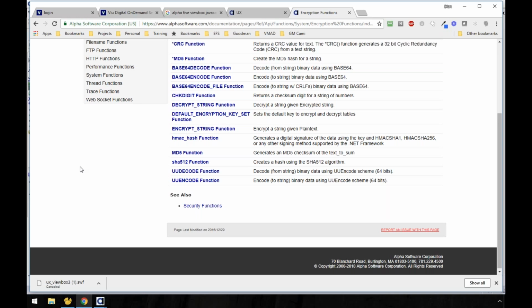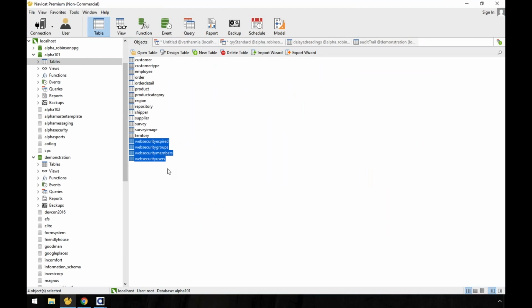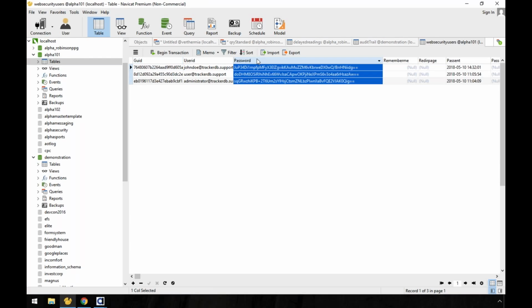Quick thing to note, and I've seen people try this. In our web security users, there is a password field that is encrypted by the security system. Don't try to use decrypt string on that. It won't work. When Alpha writes and reads this password through our security framework, it uses a double secret methodology, so there's an extra layer of protection for you.